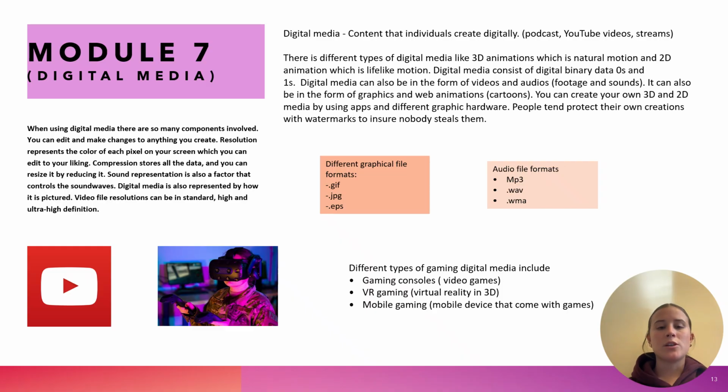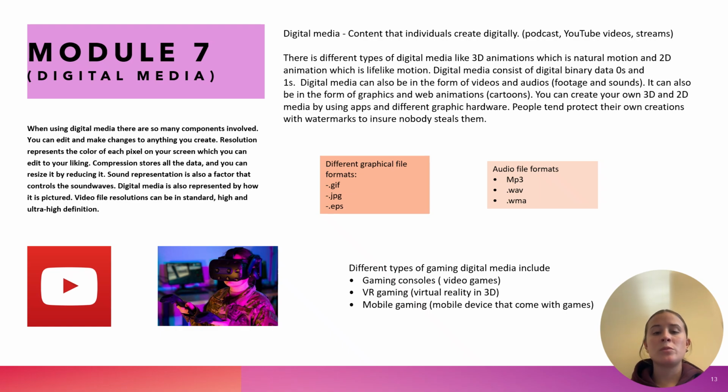Module 7 is about digital media. Digital media is content that an individual creates digitally, like podcasts, YouTube videos, and streams. There are different types of digital media, like 3D animations, which is natural motion, and 2D animations, which is lifelike motion. Digital media consists of digital binary data, 0s and